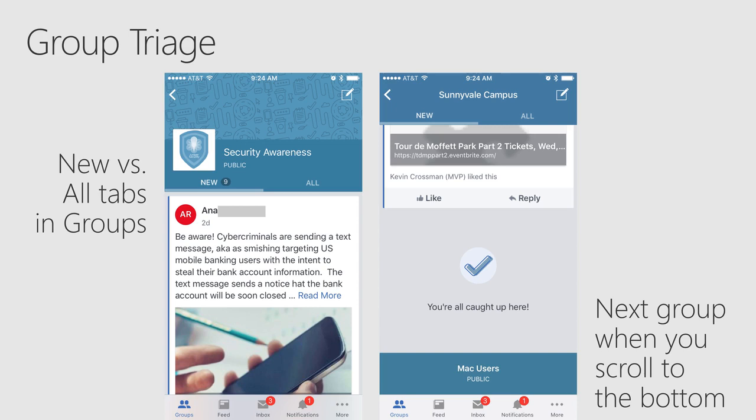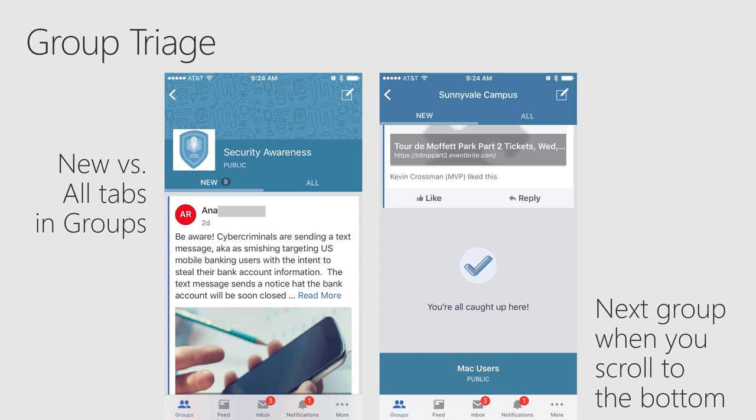As an example, when you go into groups in Yammer, both on the mobile device and on your desktop, it defaults to messages that are new, messages you have not read yet. Not necessarily the latest, but ones that you haven't read. So it prioritizes those in the New tab as the first things to take a look at. And if you'd rather look at all of the messages, especially in some sort of chronological order, you can click the All tab.